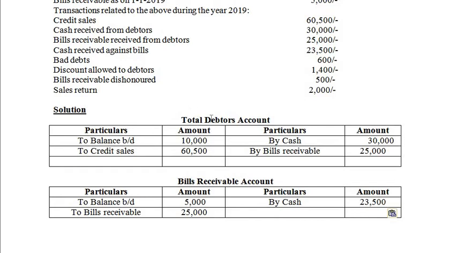And that is nothing but relating to debtors. You always minus it in the balance sheet. If you remember, when we are preparing final accounts and balance sheet, we write debtors and then we reduce the amount of bad debts from debtors. So this is relating to debtors. So bad debts comes in case of debtors account.